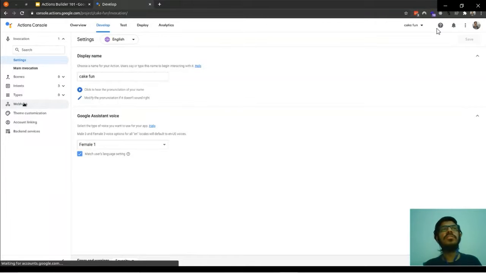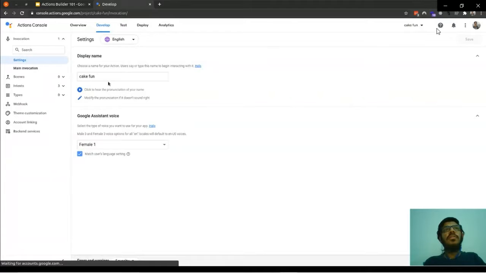You can provide the link directly and it will work just fine. Over here we have theme customization. If you want to provide some theme to your conversation, you can do that. There's account linking. If you want to include user authentication, then you can use account linking, and there are some backend services.